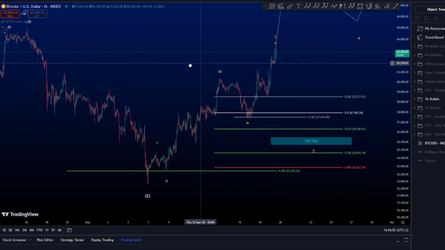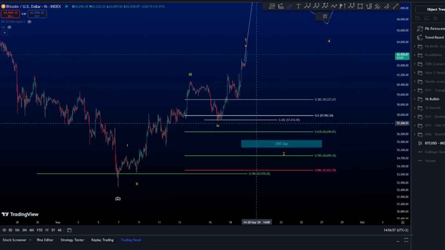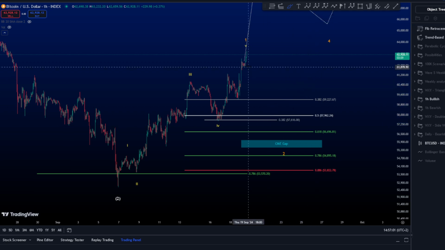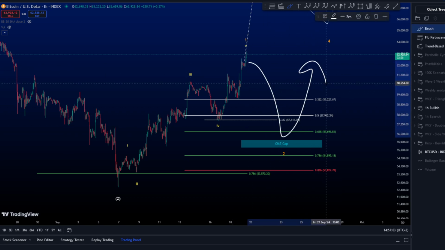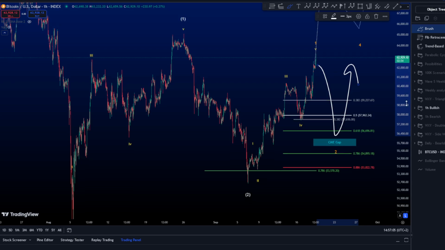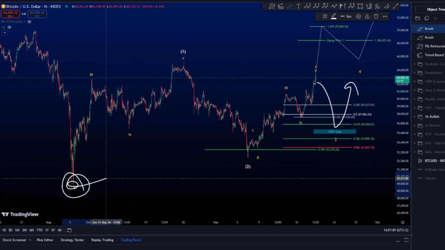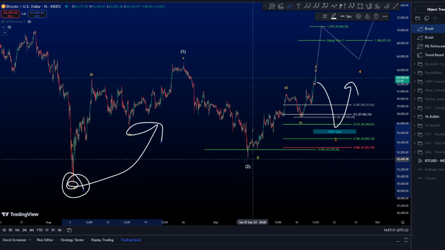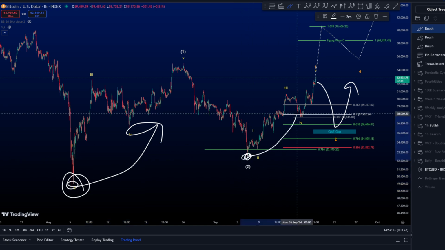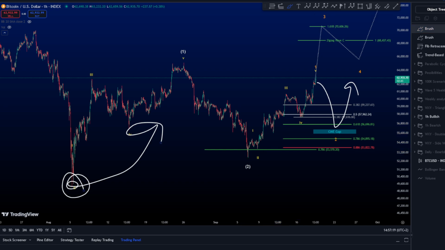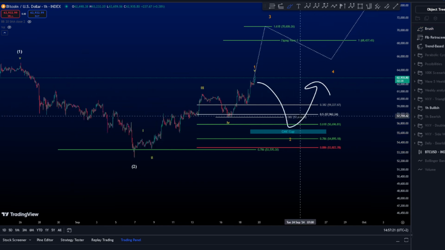However, in all scenarios you want to buy, right? No financial advice, but we are bullish. Even if we come down then go up, it's still bullish. If you finish your wave 4 here, you are bullish. If you finish your wave 1, 2, also bullish. So of course, the possibility of a bullish scenario is always higher.